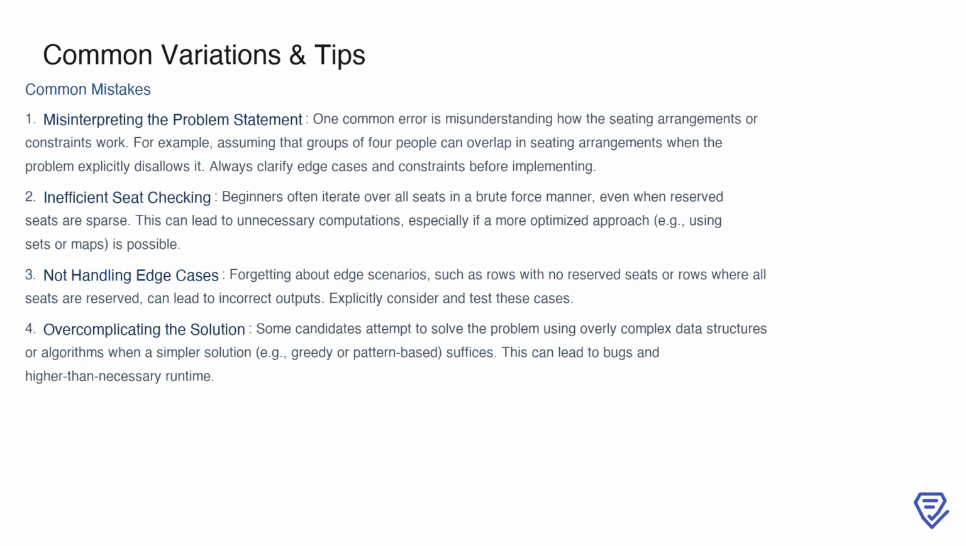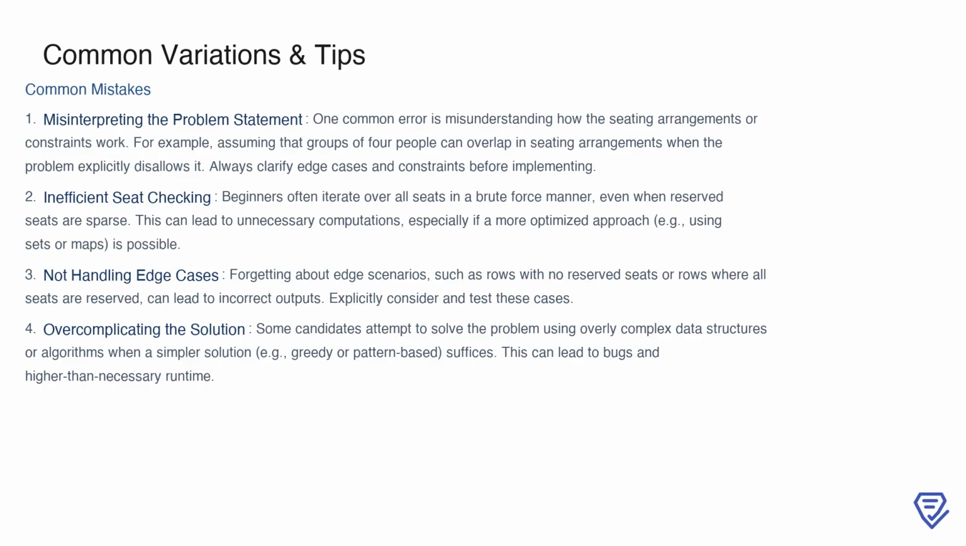Let's discuss some common mistakes that candidates face when solving the cinema seat allocation problem. First, a frequent issue is misinterpreting the problem statement. For instance, some might assume that groups of 4 people can overlap in their seating arrangements, even though the constraints clearly prohibit this. It's essential to carefully read and clarify the rules as well as any edge cases before starting